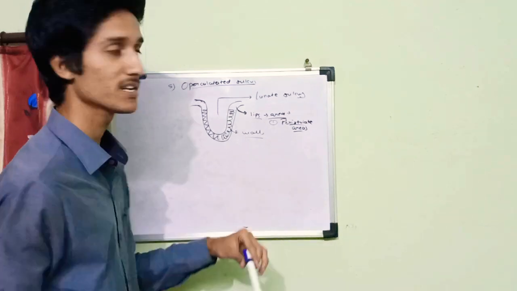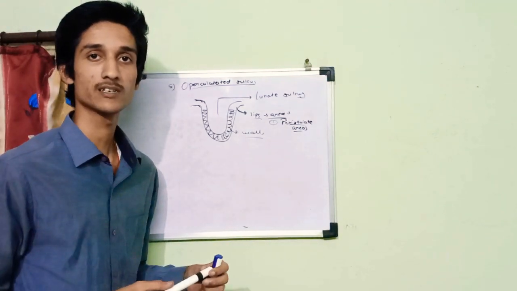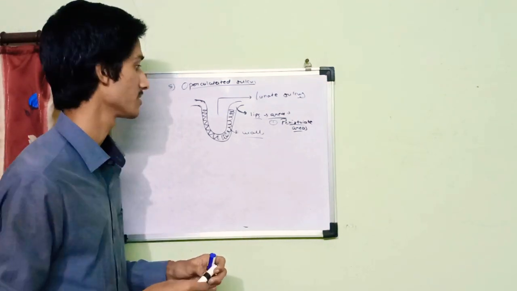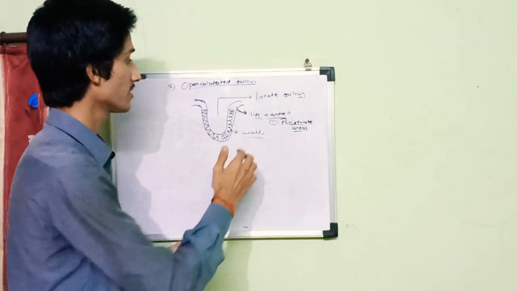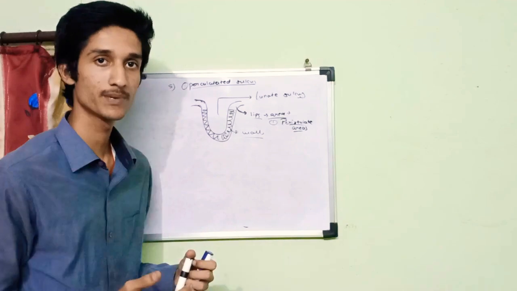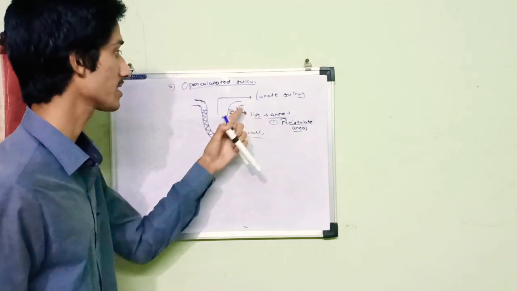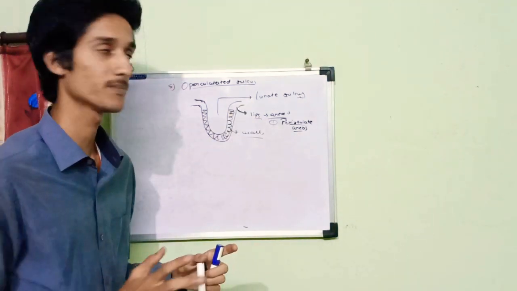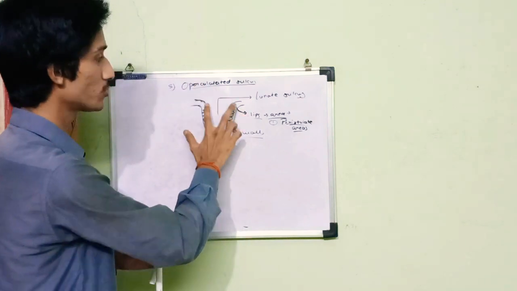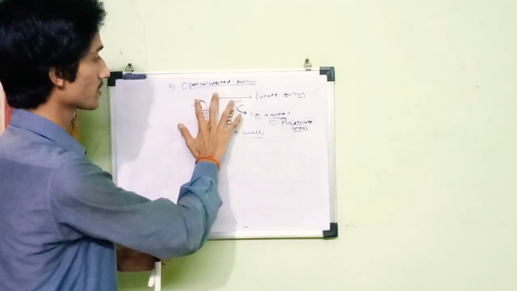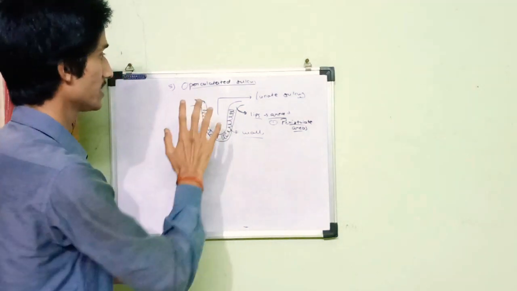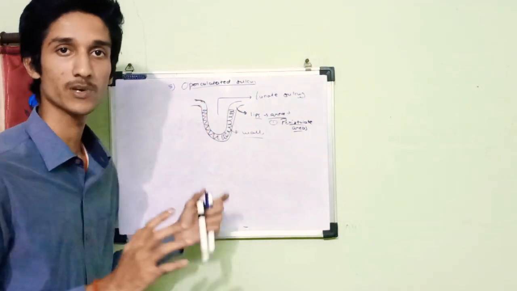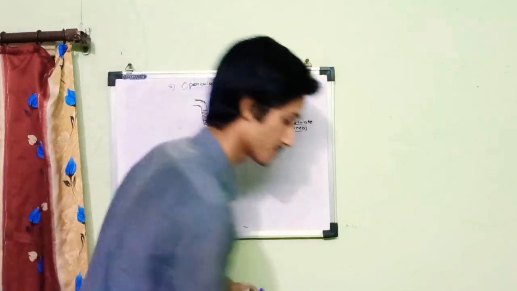It will be more clear when we discuss the different areas of cerebrum, which is divided into different parts. So when we discuss the areas of cerebrum, it will be very much clear about the lunate sulcus. You just remember that operculated sulcus has two lips and one wall. All these two lips and one wall have different functions. This is the operculated sulcus. The example of operculated sulcus is lunate sulcus.